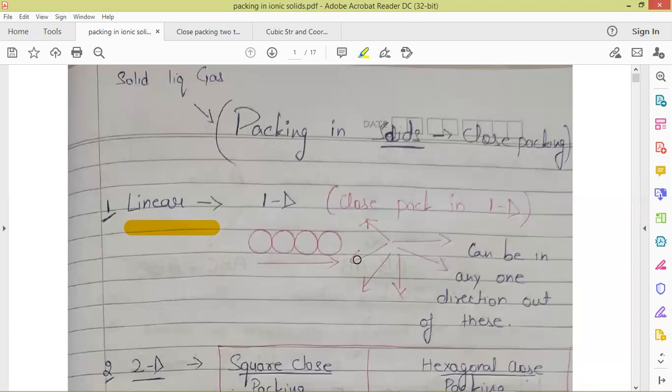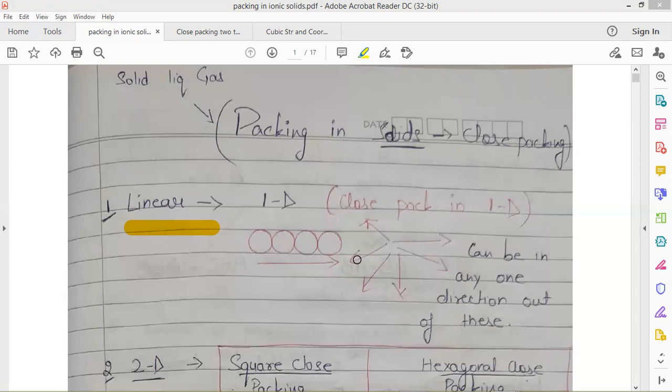If we are considering the three dimensions, it will mean that we are putting the spheres in both directions in the plane of the box. Say we have a flat box, and there is a base, and we are putting these spheres in a single line, and that would be called linear. If we are putting the spheres on the base of that box, that would mean that we are putting the spheres in two dimensions. And if we are doing multi-layering, that would mean that we are putting the spheres in three dimensions.